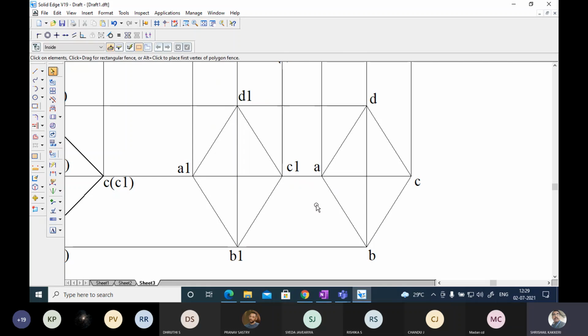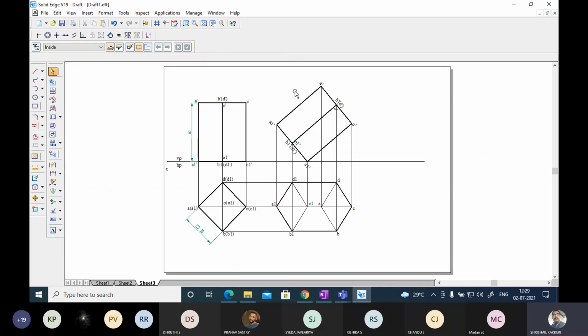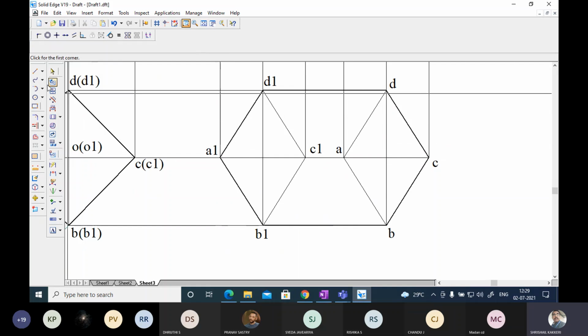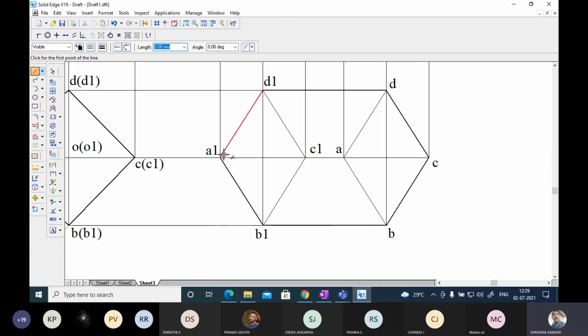Okay, no problem. Now, as I told you in the beginning, all these outer lines, you make them thick first, because the thick and thin line makes a lot of difference. All these outer lines I am going to convert into visible first, step by step. Now please look here, the observer looks from the top. A1 is nearer to the observer, so A1 I want to make a thick line. Since A1 is a thick line, the remaining two lines joining these two points will be visible.